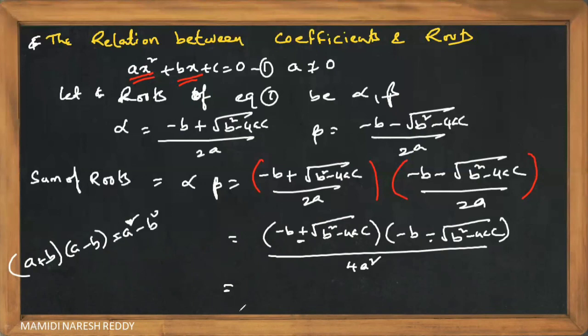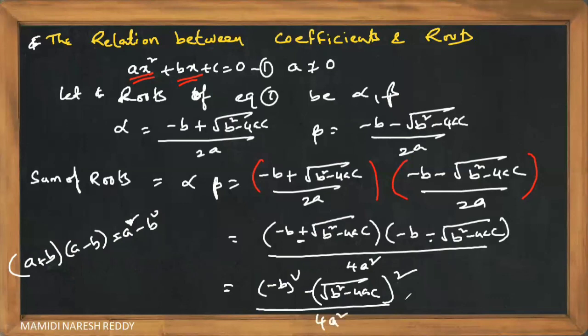A plus b into a minus b is equal to a square minus b square. So children, we can see this formula here. So minus b whole square is a square, minus b square is minus of under root of b square minus 4ac whole square. Any doubt? Now minus b whole square is nothing but b square. Why? Because the square of a negative term always gives positive. So b square, minus into minus gets the equal. Root and square, the roots can be cancelled, sir. It's wonderful, children. We are cancelling the root.